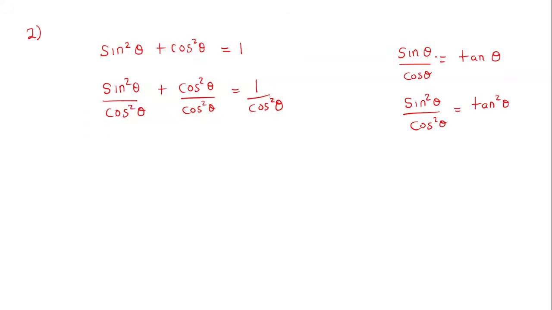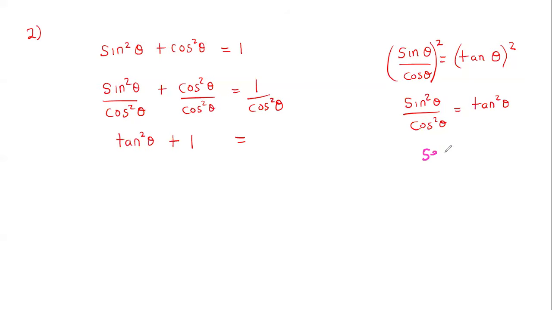In other words, when you square this side, you can as well square this side. So once you square, you get this result. So where there is sine squared theta out of cos squared theta, this is the same as tan squared of theta, plus cos squared theta out of cos squared theta is 1, is equal to,